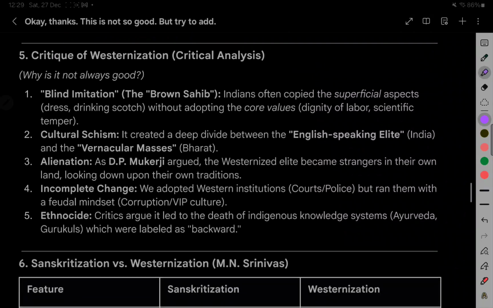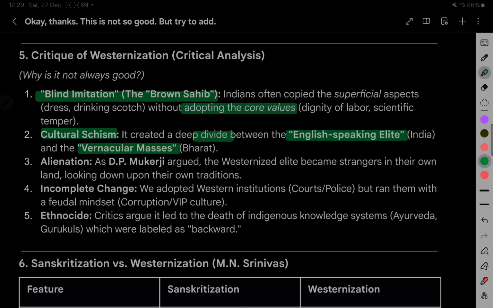5. Critique of Westernization, critical analysis. Why is it not always good? Blind imitation, the Brown Sahib: Indians often copied the superficial aspects, dress, drinking scotch, without adopting the core values, dignity of labor, scientific temper. Cultural schism: it created a deep divide between the English-speaking elite, India, and the vernacular masses,